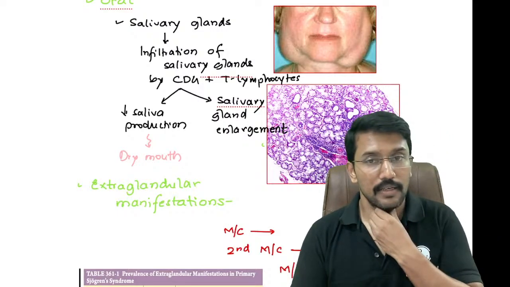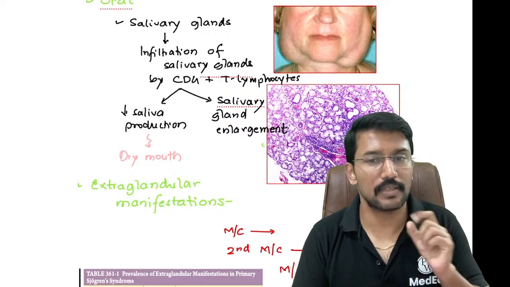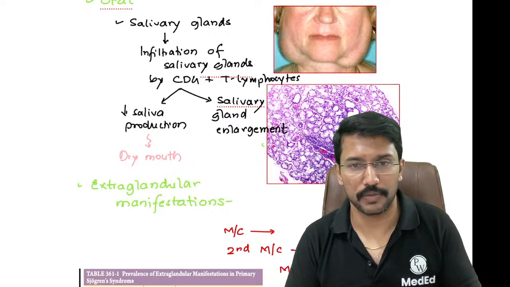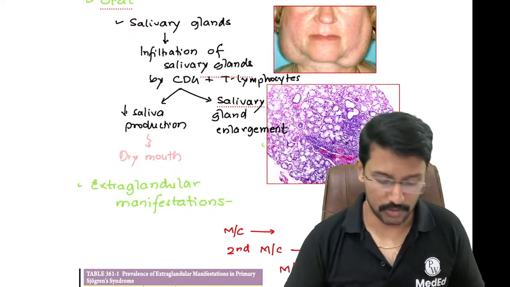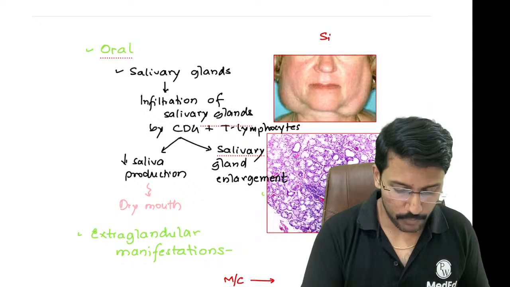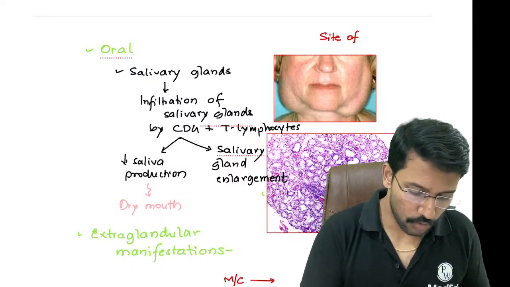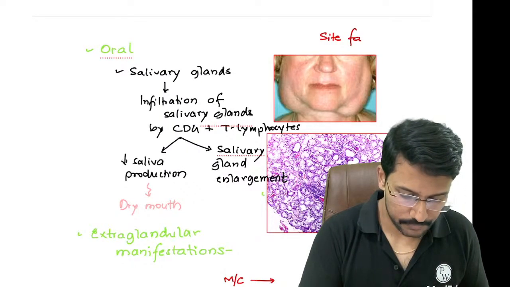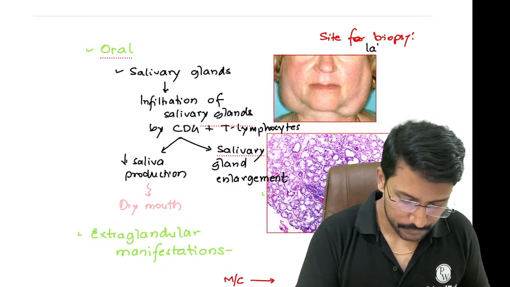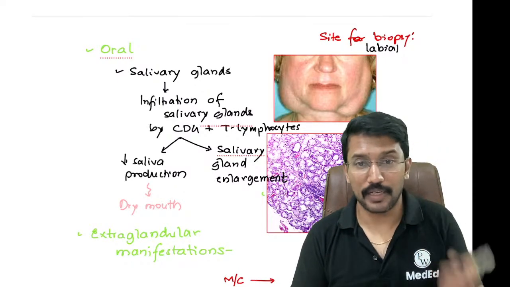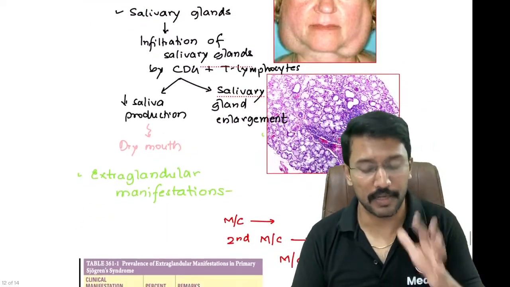Now for diagnosis के लिए ना हमको generally ये salivary gland की biopsy चाहिए. They will ask which salivary gland site you will choose for the biopsy. Is it the parotid gland, sublingual gland, कौन सा site choose करेंगे? The site for biopsy is going to be labial. You will try to get the lip salivary glands,